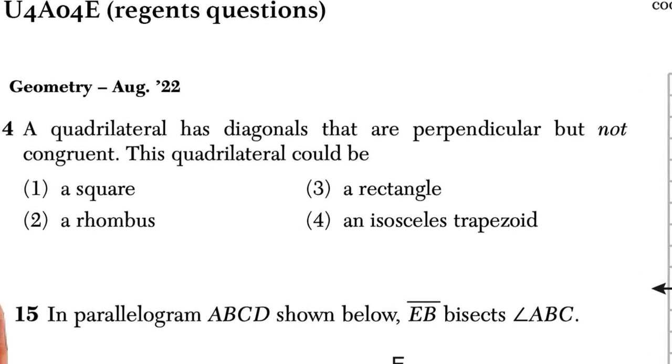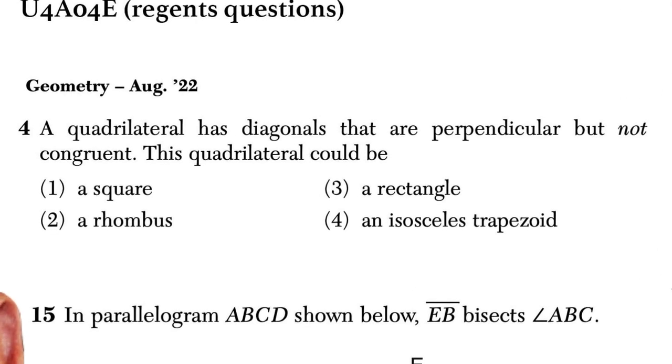It says a quadrilateral has diagonals that are perpendicular but not congruent. This quadrilateral could be what? A square, a rhombus, a rectangle, or an isosceles trapezoid. So the first thing I'm going to do is recognize that we're talking about diagonals that are not congruent. But if you're a little bit hazy on the various properties of these quadrilaterals, specifically a square, rhombus, and